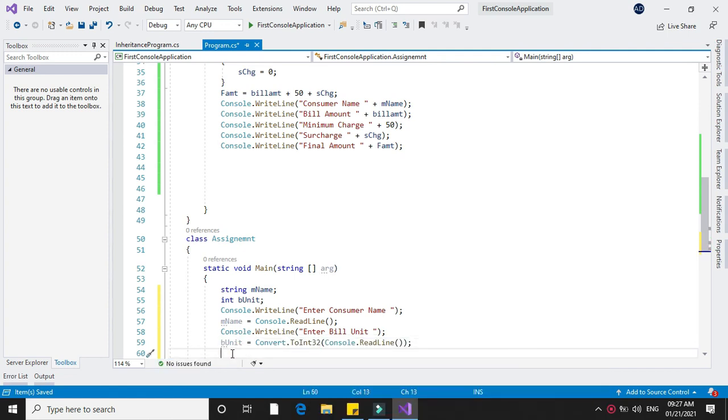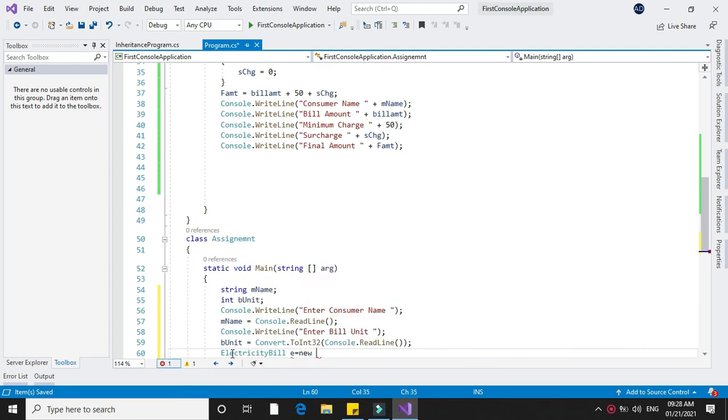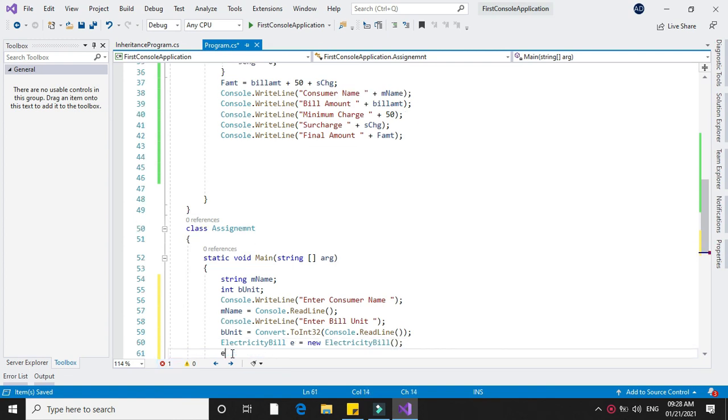Next we will create the object for our class electricity bill, and we will execute the method in it calculate bill by passing the parameter name and unit.